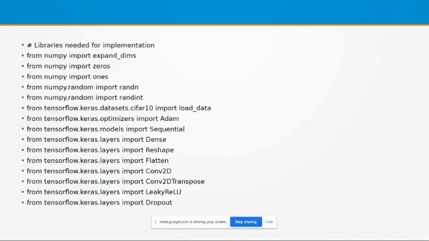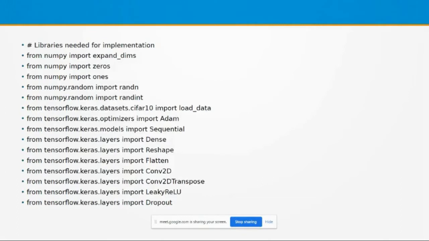In order to implement this generative adversarial network, we need some libraries, as in the case of our deep neural network or convolutional neural network. The first one is the NumPy library. From NumPy, import expand dimensions, in order to expand the row-wise and column-wise dimensions.